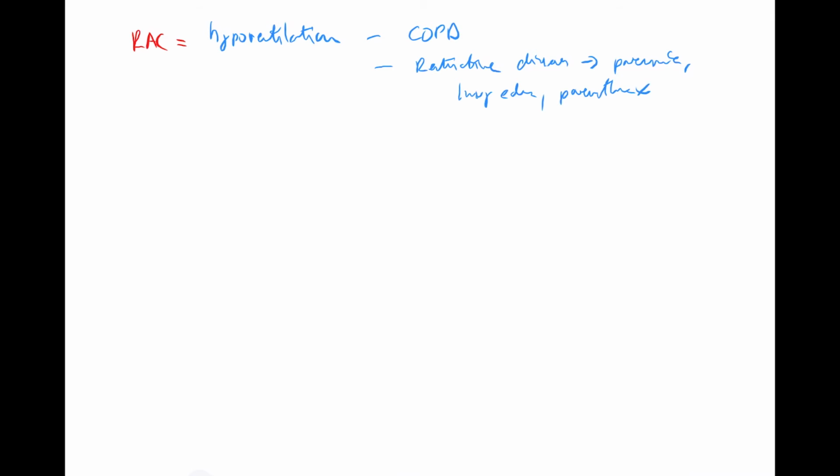Okay, there are many others, like kyphoscoliosis, which is the most common cause of restrictive disease, because when you're getting older and your vertebrae are collapsing, when you're 80, you're not able to expand the chest, so the chest restricts the lungs from expanding. Okay, so kyphoscoliosis,